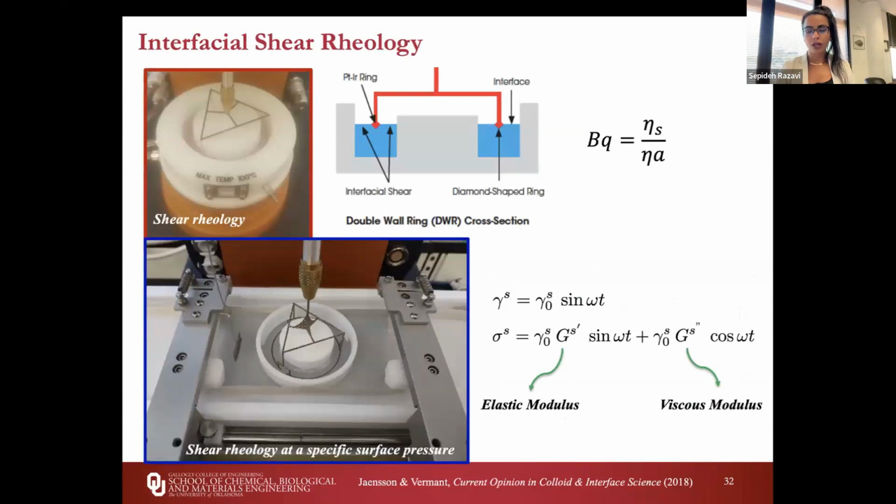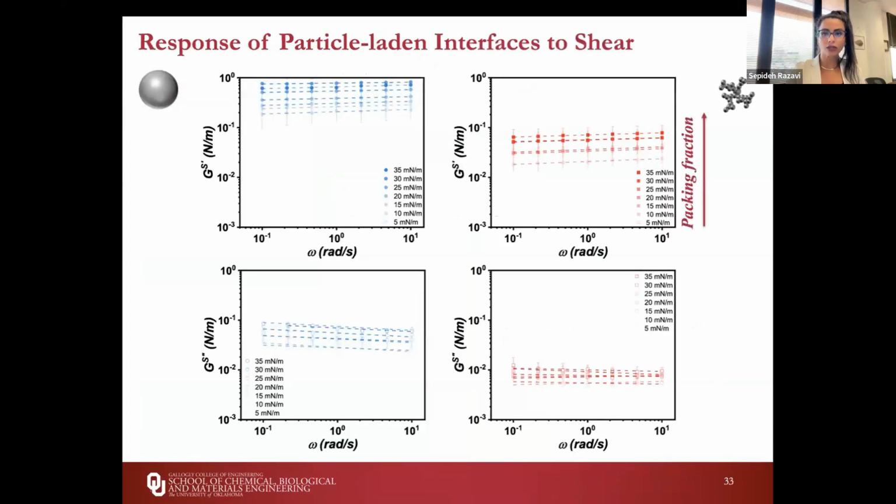We can again go back to the rheology, in this case, shear rheology, because we want to understand the effect of liquid drainage and also the impact of particles at the interface on the drainage. So what do we do here? We put a ring at the interface and we shear the interface to look at the response of that monolayer. And again, we can effectively change the surface coverage because we have integrated this setup with a Langmuir trough, so we can compress, increase the surface coverage, shear the interface, look at the data, and then compress again, increase the surface coverage, shear, and repeat. Okay, so this is the kind of data you would get as a function of packing fraction.